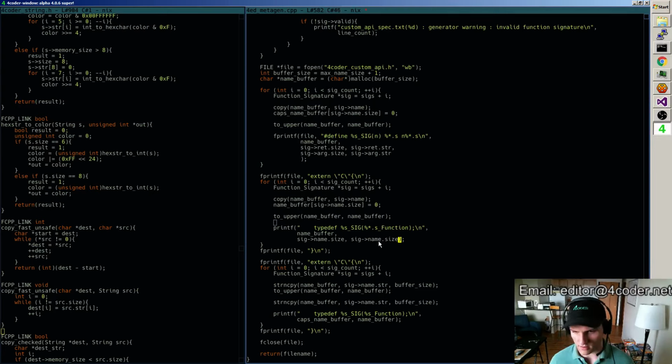Oops, I need this one to be size and this one to be str. Okay, so that gives me a size and a string, and then I append function, and that's fine.